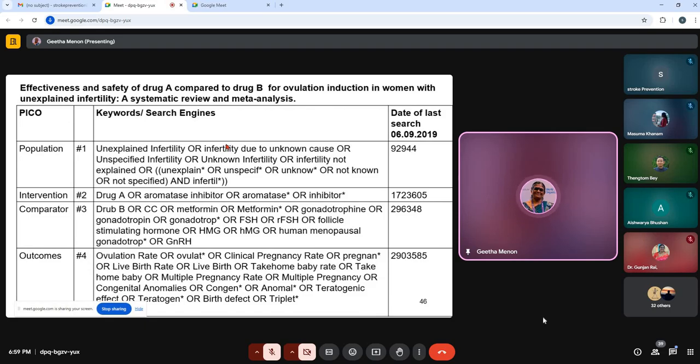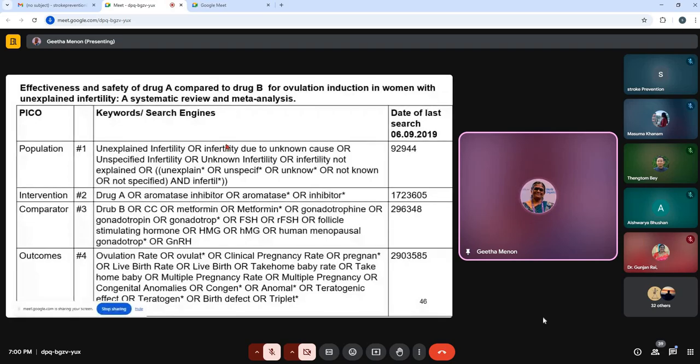Some authors just write infertility due to some unknown cause, unspecified infertility, unknown infertility, so there are various terms that could possibly be used by various authors who published articles on infertility, and we have to take account of all these terms and combine them using the OR Boolean operator. So you list all the concepts or alternate terms for the P component, and then combine them using the OR operator,